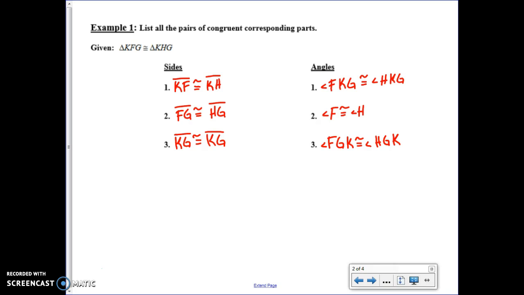Hopefully you're able to get those on your own. You could have had those specific ones flipped, like the first set of angles, you could have had GKF and GKH, and then the third set you could have had KGF and KGH. But hopefully you're getting better at matching up those pieces and parts, especially if you have a picture there. So if we know that two triangles are congruent, the reason that we know that all of these are congruent to each other is because corresponding